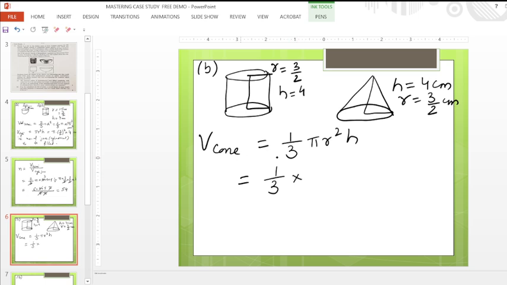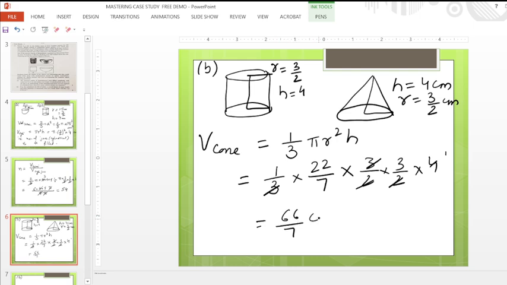Now see, you don't have to divide anything, you have to just find this. You can write the value of pi also. Wherever you are dividing, you know that later on you have to cancel, so I have not written it. Okay, r square is 3 by 2 into 3 by 2, and height is 4. Now we can cut, 3 will cut with 3, and these two will cut with this. So you are left with 66 upon 7 centimeter cube, or approximately you can also